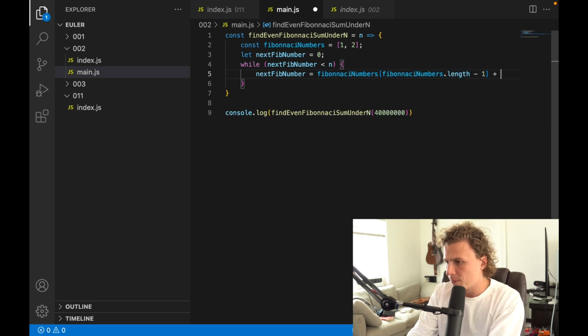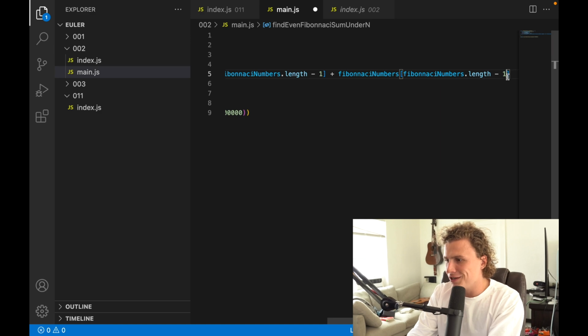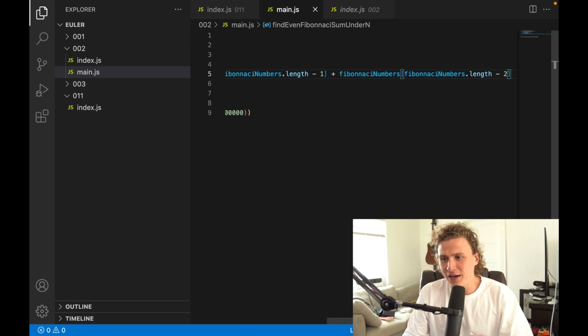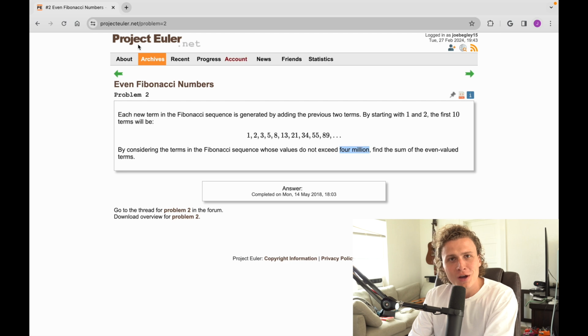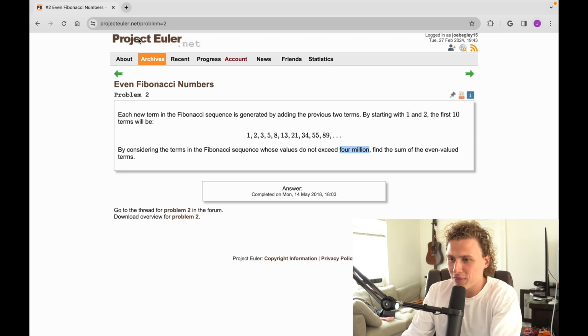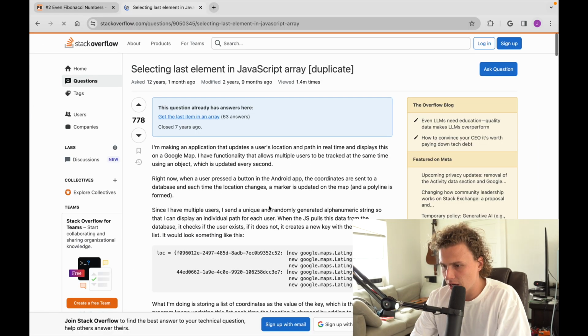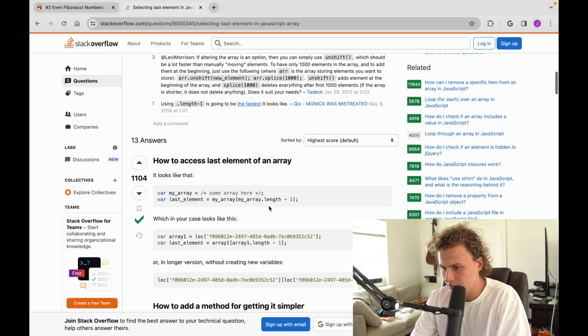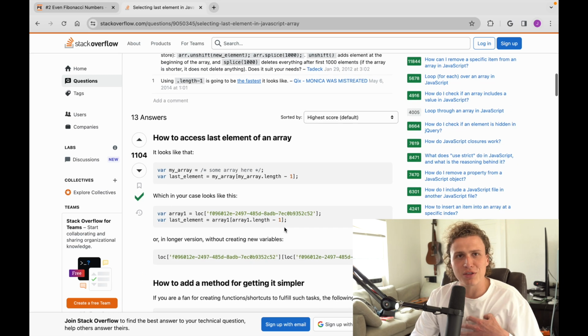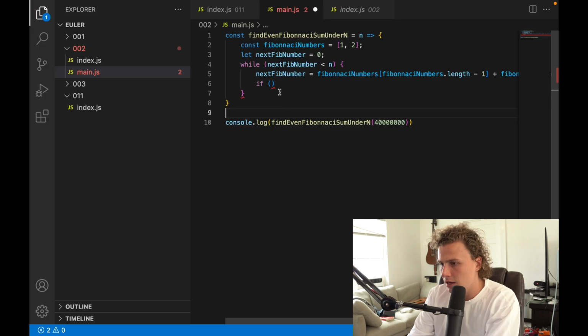So, you can actually do a thing in Python where you grab the last element of an array using a -1 index, and I'm not sure if that's possible in JavaScript. So let's look this up. I think you just do .length - 1, right? Yeah, so you just use the length of the array and then take one off. If nextFibNumber